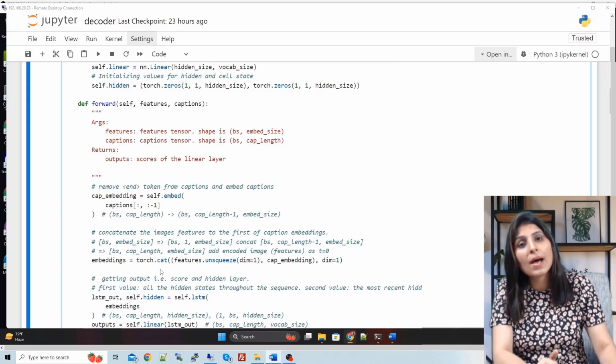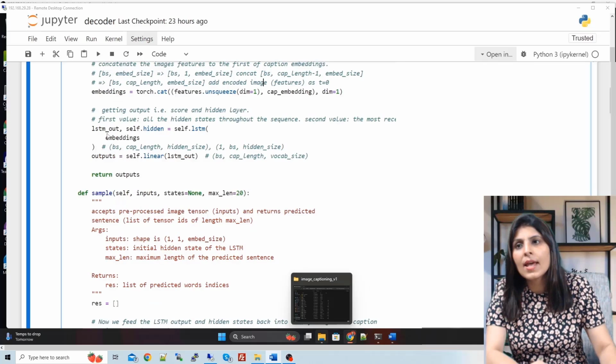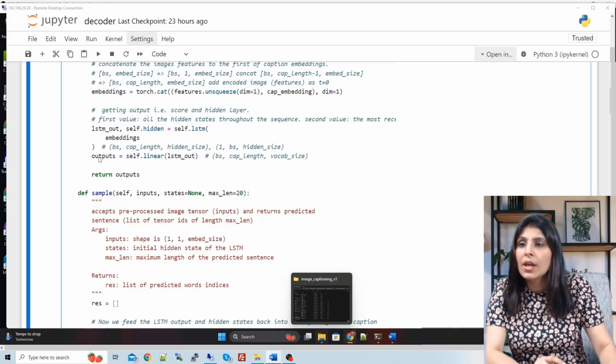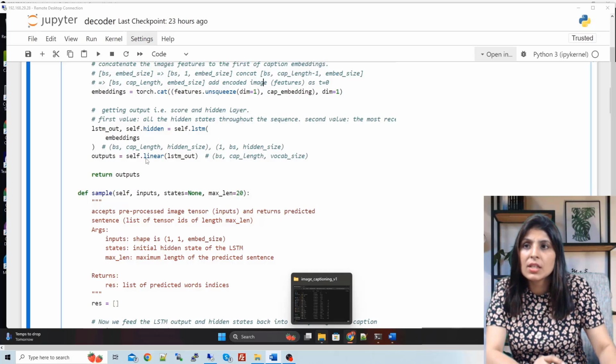After that, we are passing that concatenated embedding to the LSTM layer here. LSTM out contains the output hidden state for each time step in the sequence, and the shape of it is batch size, caption length, and then the hidden state. Okay, and then the output of this will become the input to the next layer.